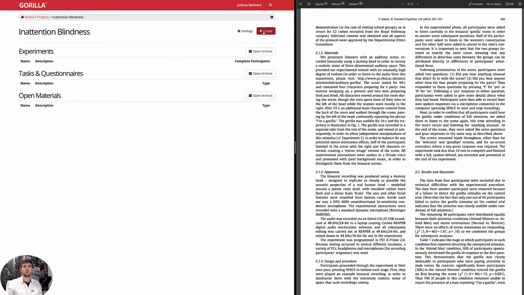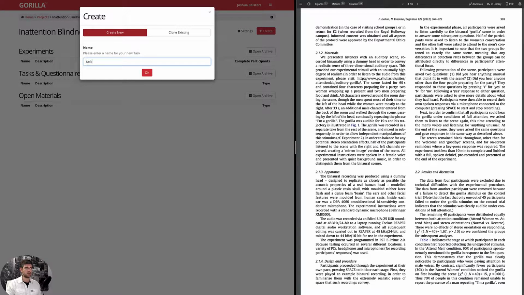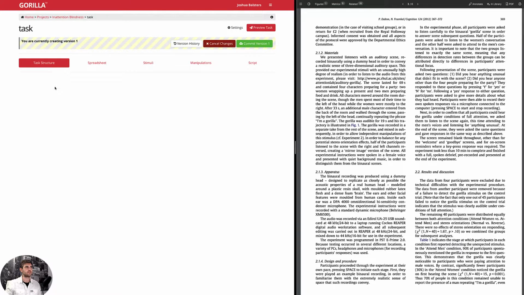So what I'm going to do is try and do this as we read. I'm going to start adding things in. I'm going to start by creating my task, which I'm going to cunningly call task. And let's start adding in sections as we go through. So it says participants were self-paced, so they use a spacebar to initiate each stage. That's nice. It says as well that they had to listen to a recording to familiarize themselves with the realistic